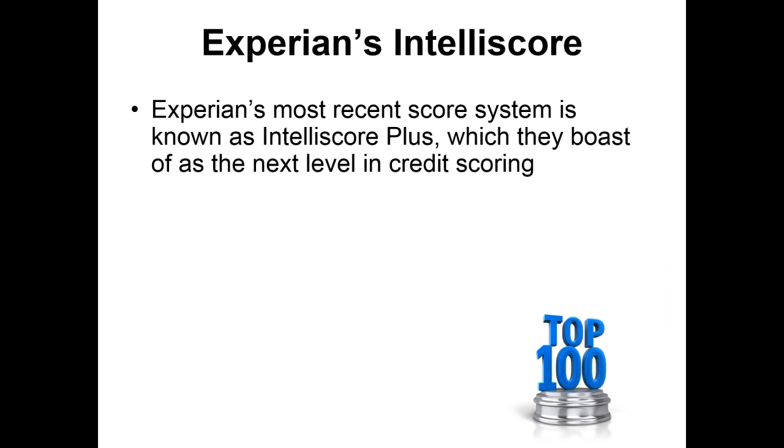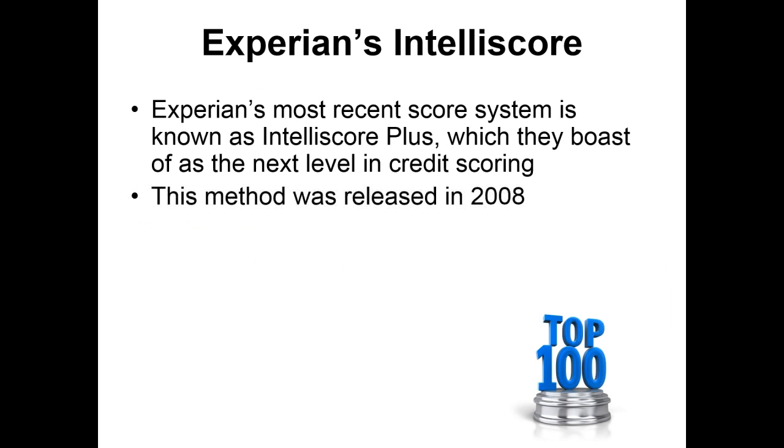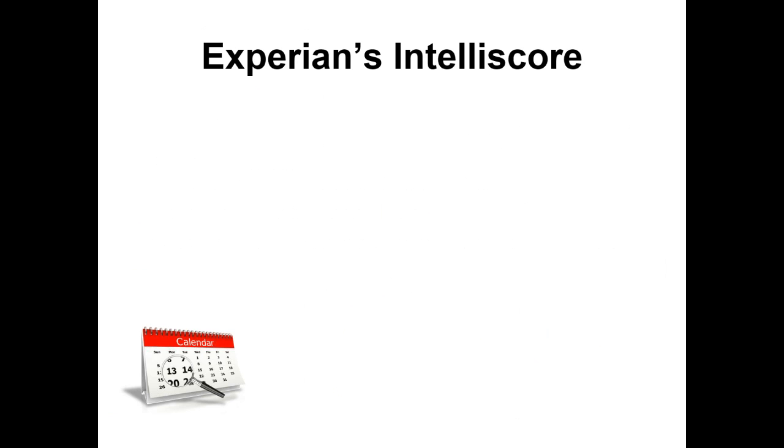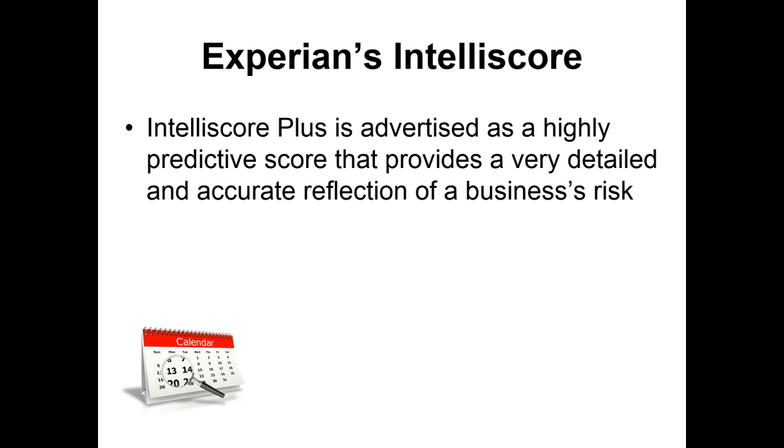Intelliscore Plus is their newest model that they boast is a whole new level of business credit scoring. It was released in 2008, and it takes into account hundreds of variables, about 800 variables actually, to offer a business credit score between 0 and 100, with 100 being the high score. Okay, so this is advertised as the highly predictive score that predicts a very detailed and accurate reflection of a